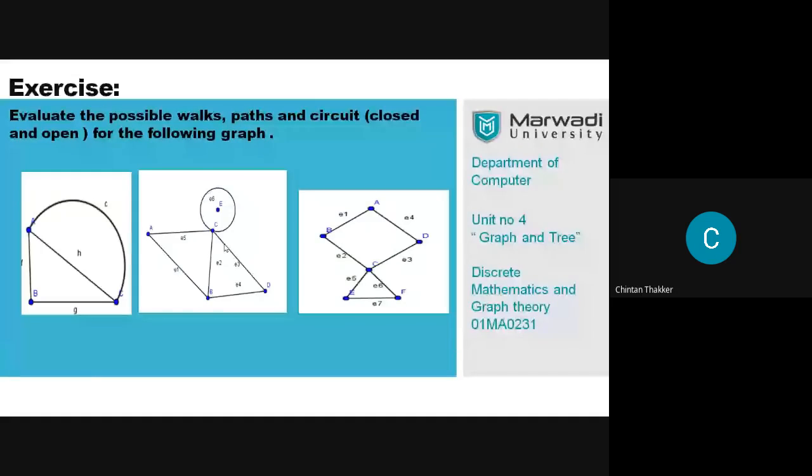Give the answer in checkbox. A closed walk from A to A with length 7. Length 7 means you have to use all the edges. So you can take here